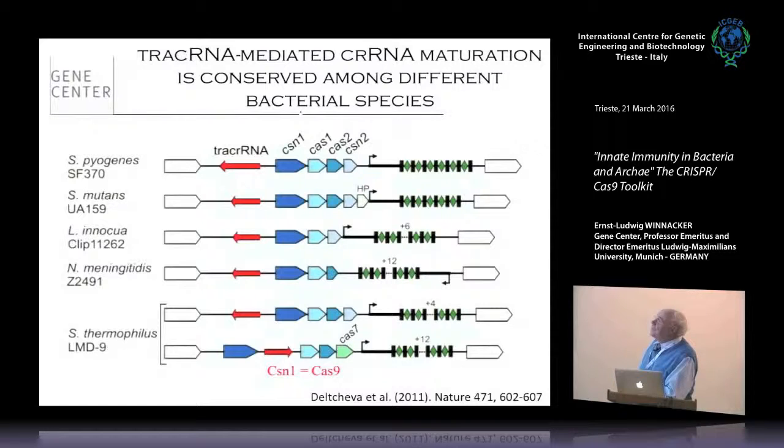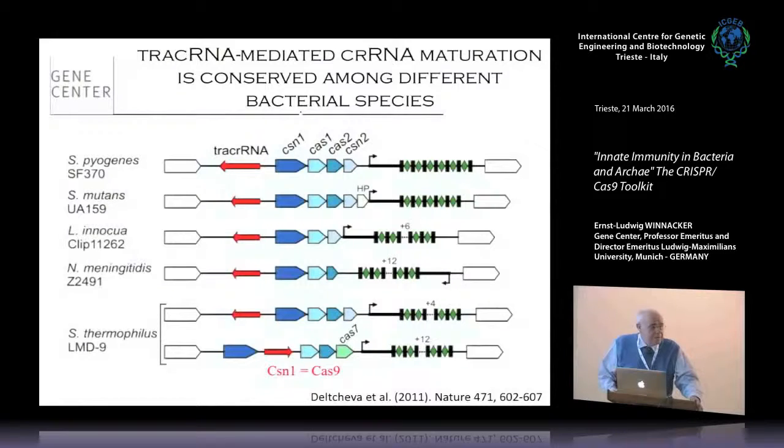You see here to the left is this tracrRNA biogenesis. This is the famous model case, but there are others, even highly pathogenic strains. And they always have this tracrRNA, which is transcribed to the left and which is necessary to process the RNA which is transcribed from the right side. And they're sometimes of different size, as you can see, but in principle the arrangement is the same. There's always Cas9, Csn1 in the old nomenclature, but there's always Cas9 here. And the others are not used in this particular process.